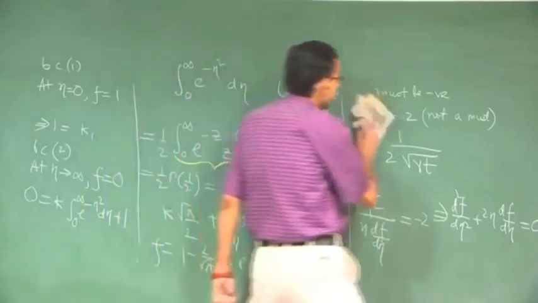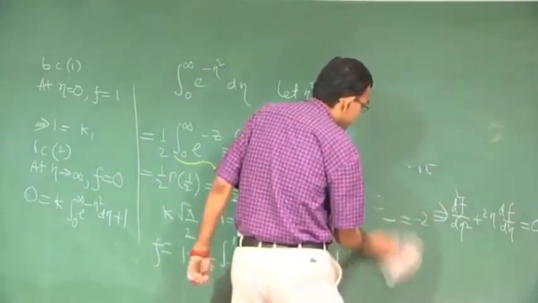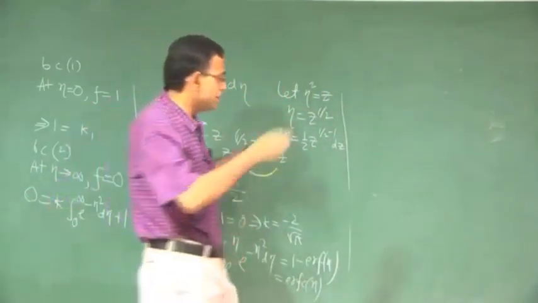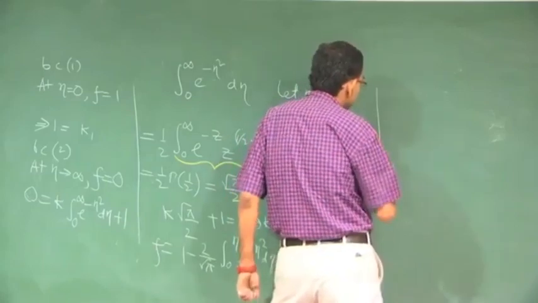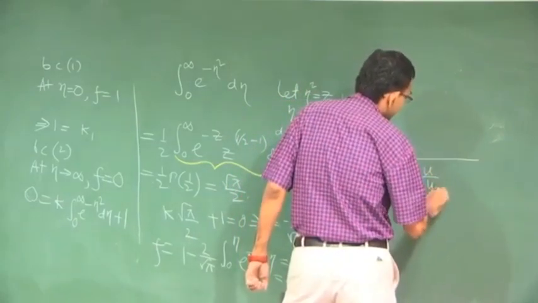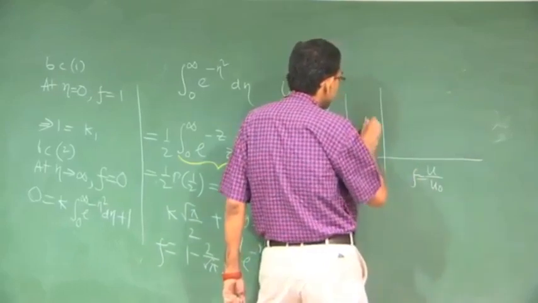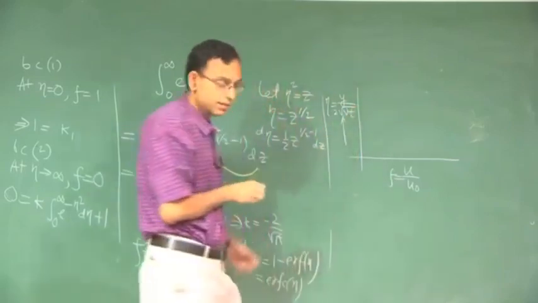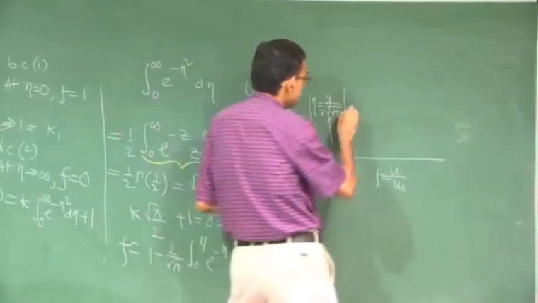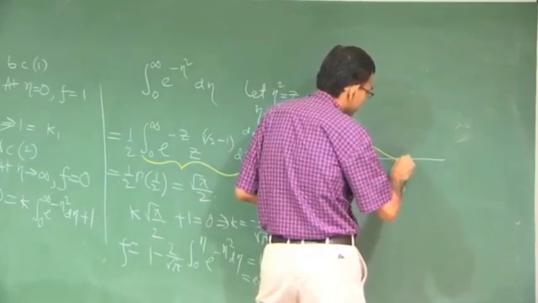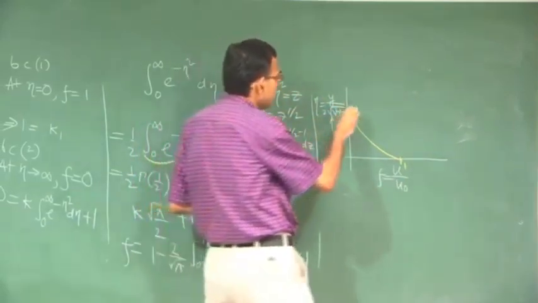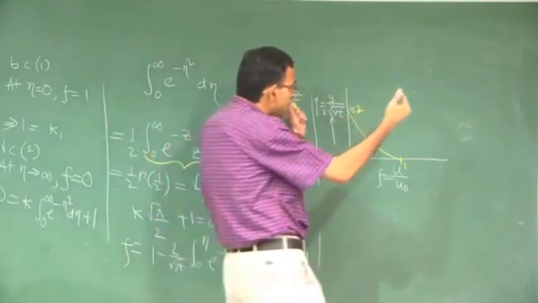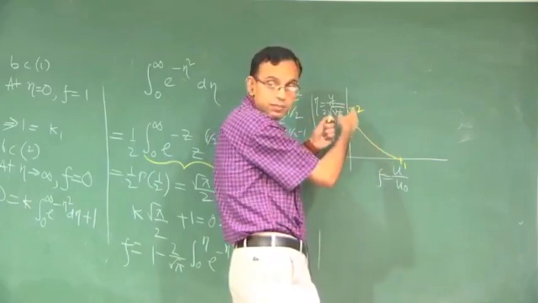Now, if you make a graphical plot of f versus eta instead of u versus y, where at different times you have different characteristics, you just make a plot of u by u0, which is f, versus eta, which is y by 2 square root of nu t, right. So, you will get a graph like this. This is 1 and this is roughly 2, right. So, all the results have collapsed in the form of a single master curve.